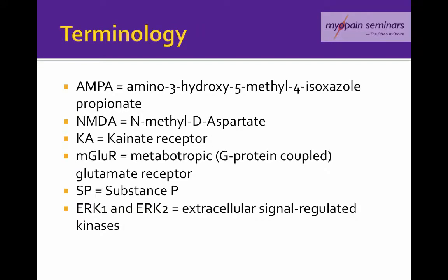Before we continue the module, we provide you with a brief list of some acronyms with their actual meaning. I would recommend to keep this short list next to your lecture when you go through the module, and refer back to it every now and then. You do not need to know the full names of all these chemicals, so AMPA receptor or NMDA receptor is sufficient. You do not have to know it by the name of N-methyl-D-aspartate receptor, for example. Some of them are a little bit more obvious, substance P, SP, I think you will be able to remember, but some of the others are really more meant to explain briefly the many complex steps in the process of central sensitization.